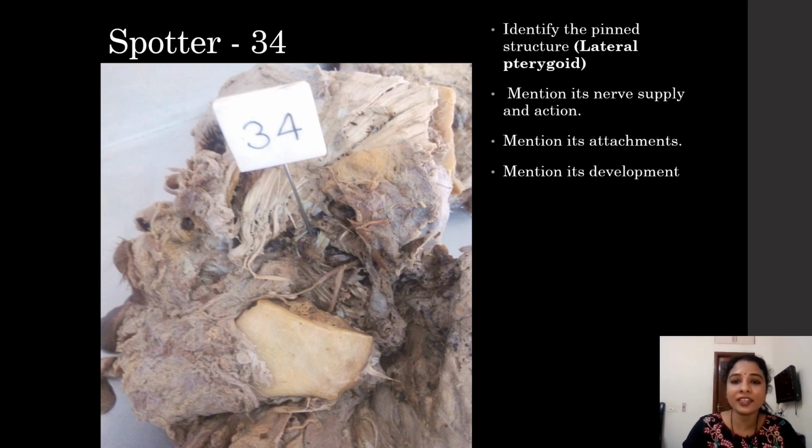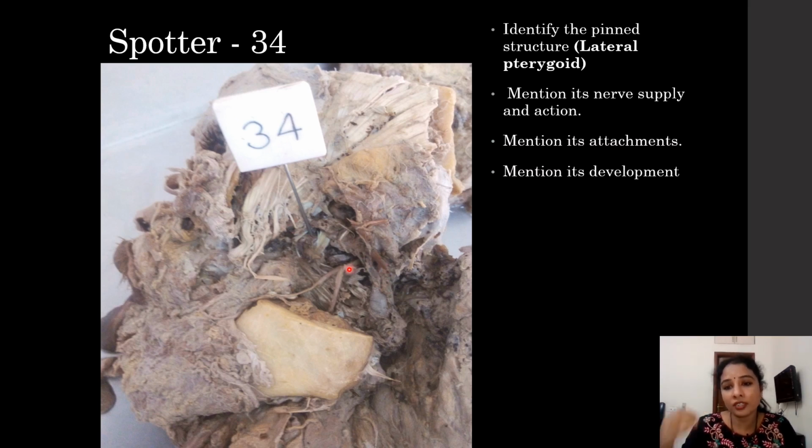So here is the lateral pterygoid, which is horizontally present, a little chipped off because it is pierced by a lot of lateral pterygoid venous plexus. We can see the mandibular nerve branches also, that is the lingual and inferior alveolar nerve, which are superficial to medial pterygoid. Here is the lateral pterygoid muscle, running horizontally. The lateral pterygoid muscle is supplied by the nerve to lateral pterygoid, which is again a branch of the mandibular nerve, and it gets origin by two heads again.